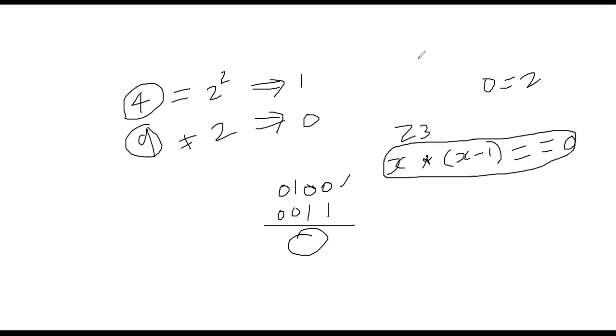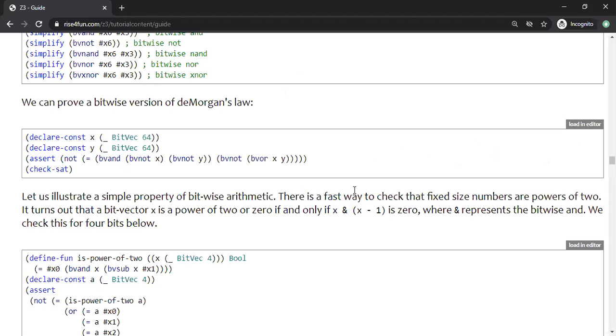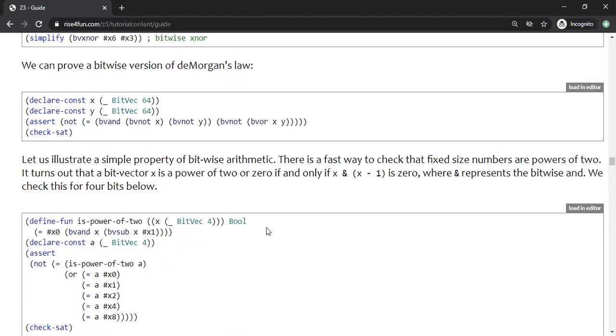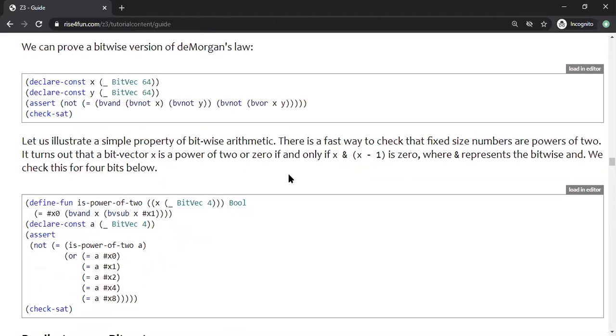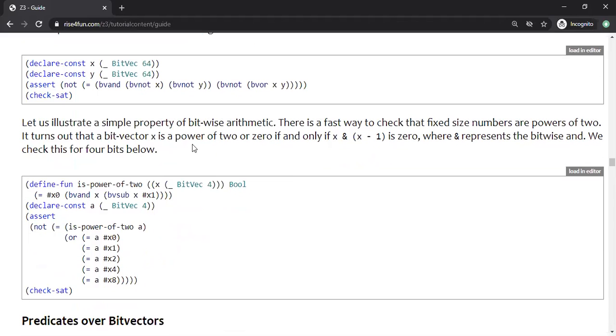So here is the Rise4Fun site, right? And if you look online for Z3 and search for power of 2, they have a statement here: X is a power of 2 or 0. Okay, there's a caveat here, or 0. If and only if X and X minus 1 is 0. Okay, so the specification that they mention is almost correct because for my purpose, I will not consider 0 as a power of 2, nor did they say that, but they added an extra condition here. You see here, X is a power of 2 or 0, if and only if X and X minus 1